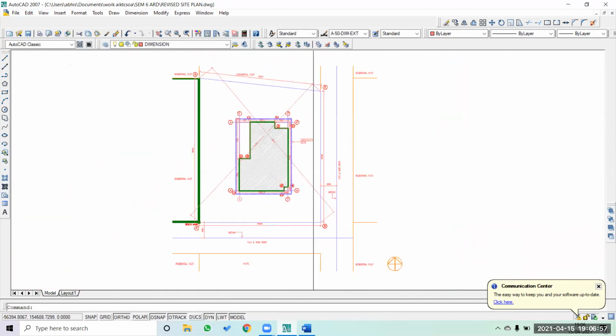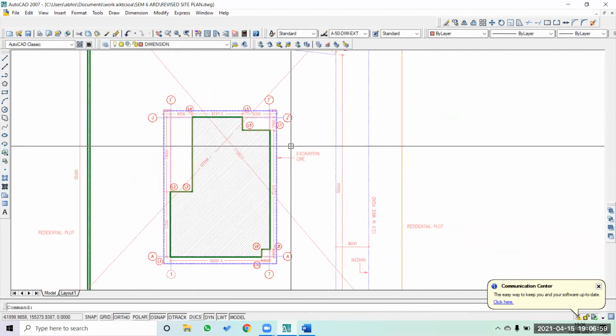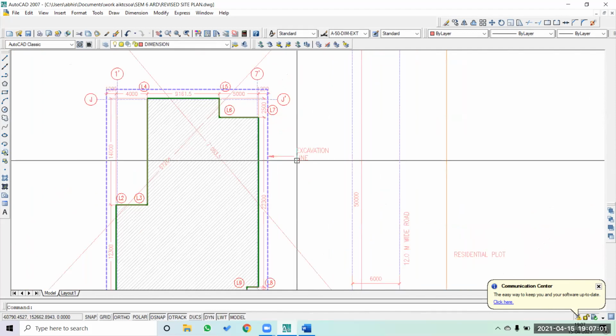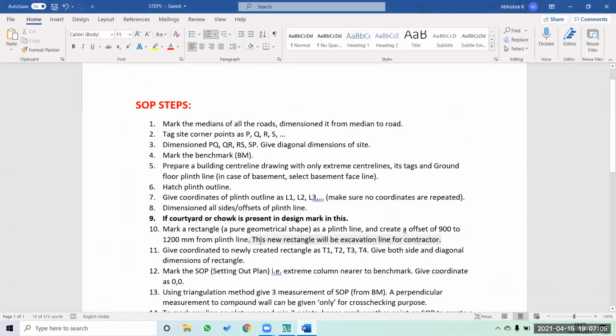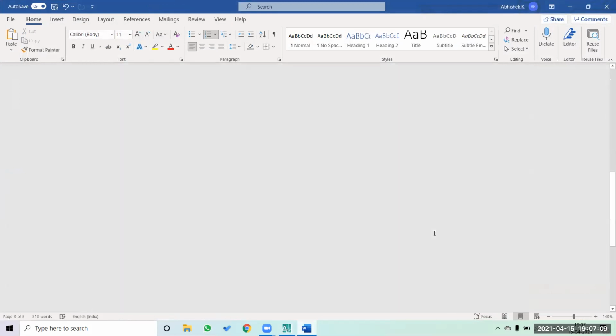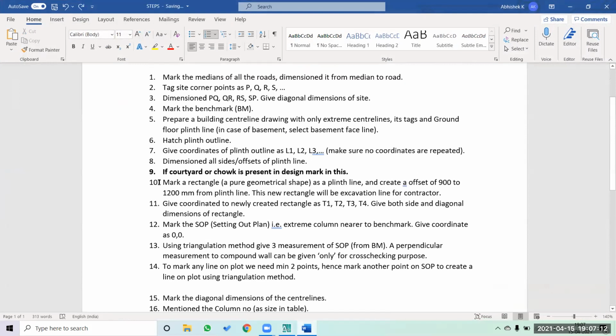You can see that it is still looking neat, though a lot of information has come on this. And still a lot of information is yet to come. It's a very important step. The step 10 is a very important step, because this is the first information which we are providing in terms of how we are going to construct the excavated part of it.